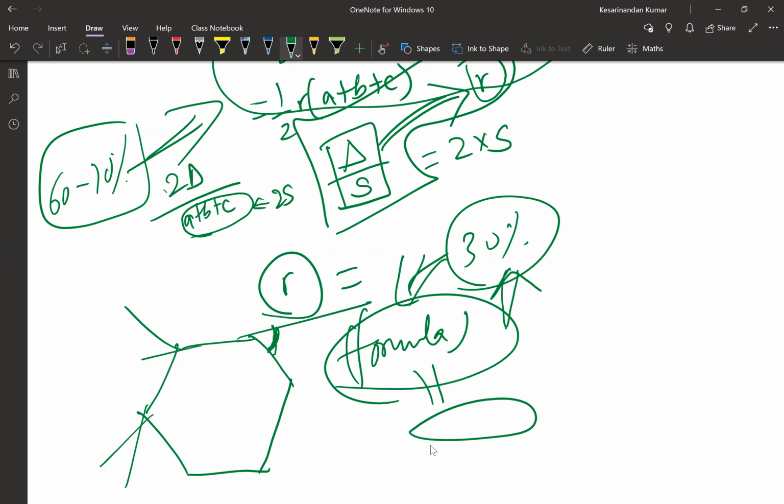Okay, sure then. And one small thing, Kesari, I don't know, it's not related to the subject. I'm just saying, if I put too much effort into a question in CAT, that means I'm going wrong somewhere. Is that right? Because CAT questions, all of them are tricky. None of them are calculation intensive.